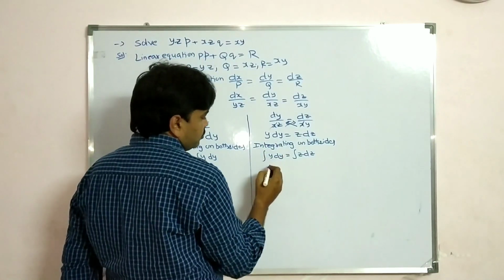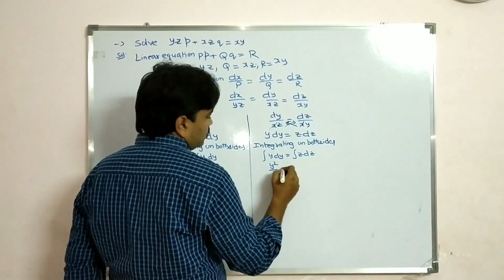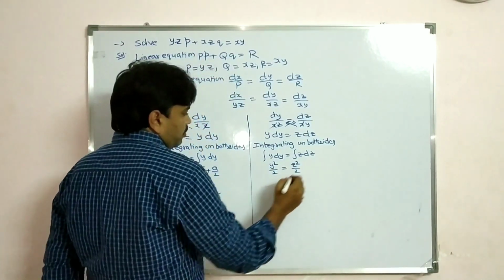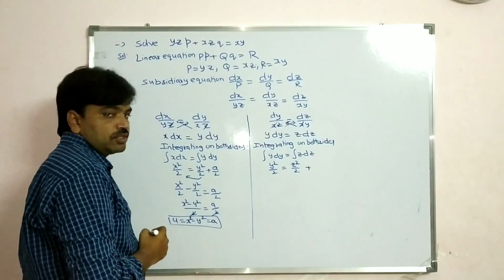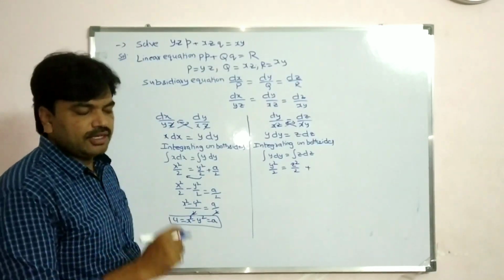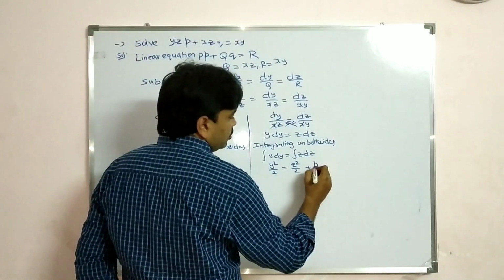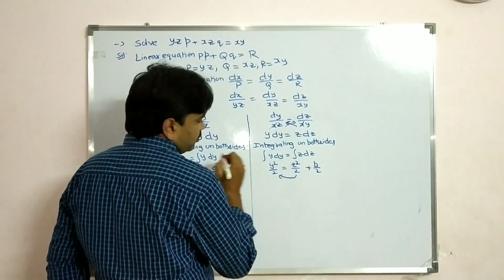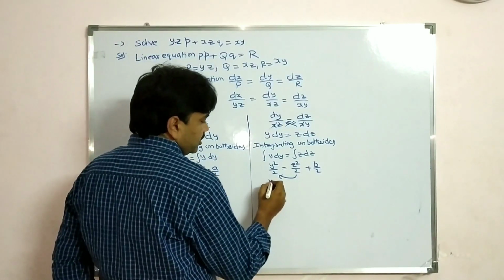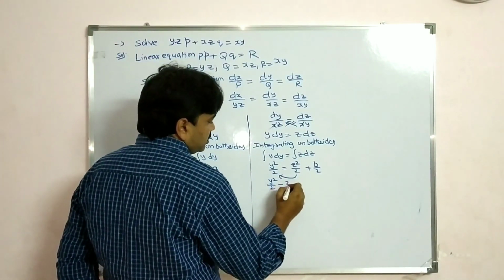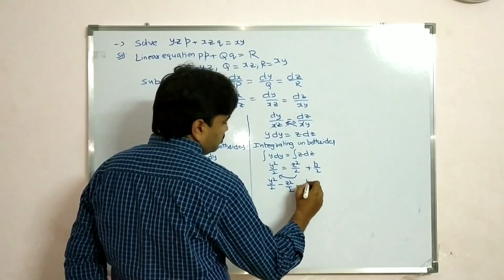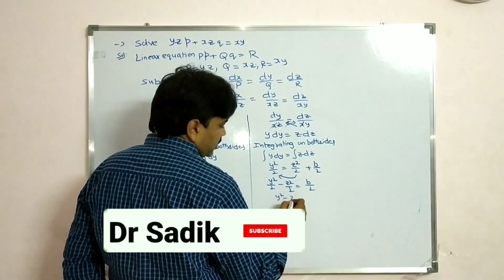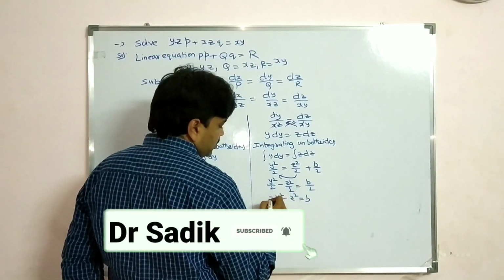Now integral of y dy, students, is y square by 2, that is equal to integral of z dz, z square by 2. Plus, what is the constant, students? This time the constant, very good, is b by 2. Now you transpose z square by 2 to the left hand side. We get here y square by 2 minus z square by 2 is equal to b by 2. And do LCM here, 2 cancels, we get here y square minus z square is equal to b. So it is b.